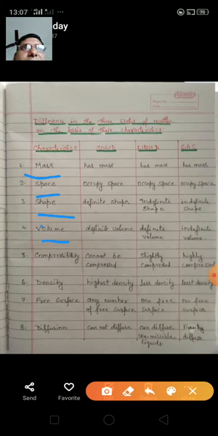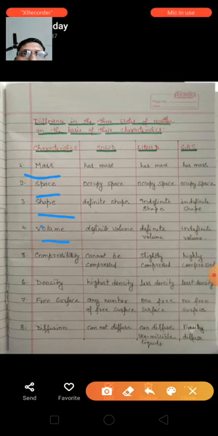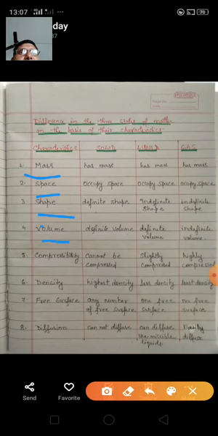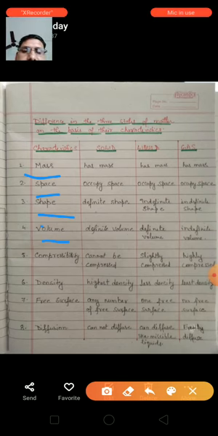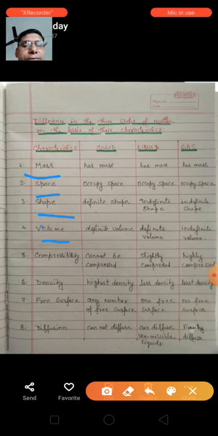Free surface. Free surface means the surface that you can touch. So, a solid can be touched from any side. If you take a stone piece and keep it on the table or in your hand, you can touch it from any side. So we say that a solid has any number of free surfaces. But a liquid you can touch only from the upper side, where it is open. The liquid has only one free surface, but gases cannot be touched. They have no free surfaces.